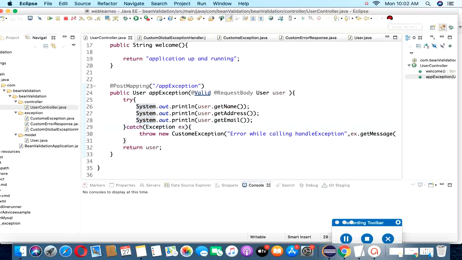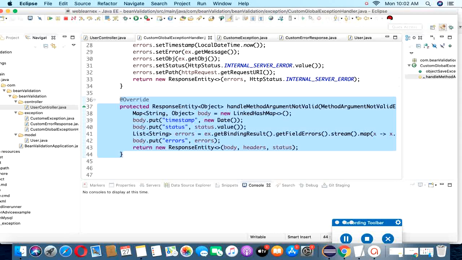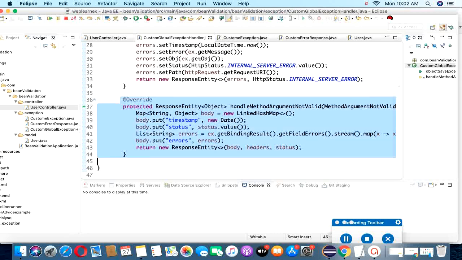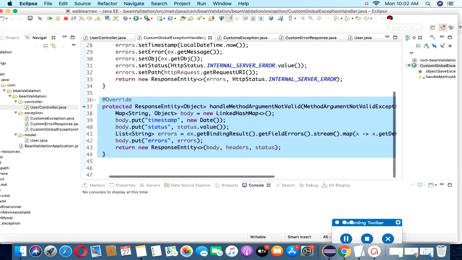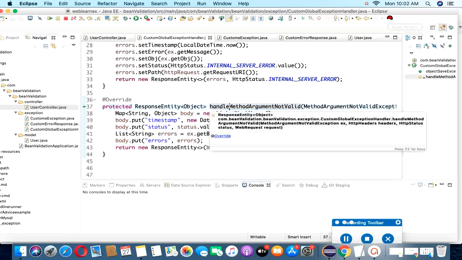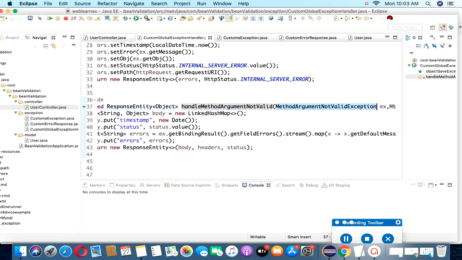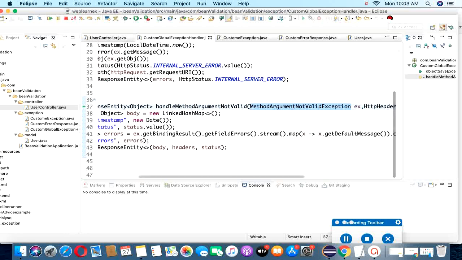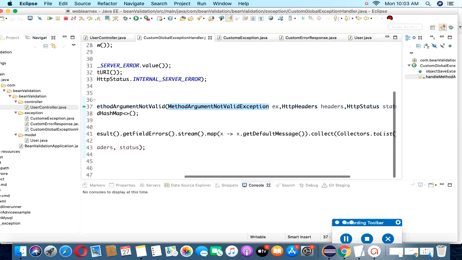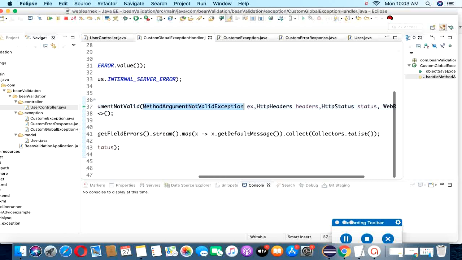Otherwise the @Valid annotation automatically sends the exception to this overridden handleMethodArgumentNotValid method. This is a Spring predefined class, ResponseEntityExceptionHandler, which handles all the @Valid annotation functionality.